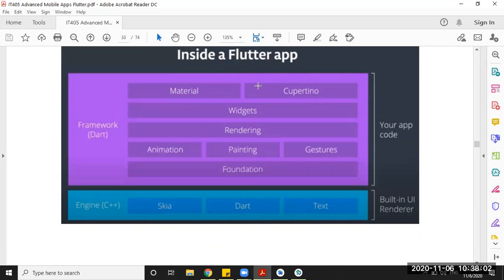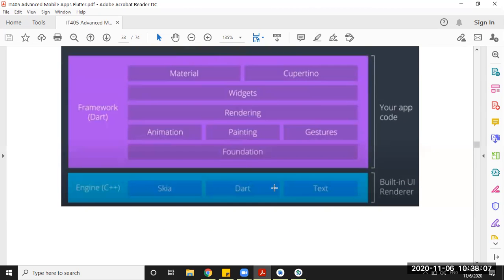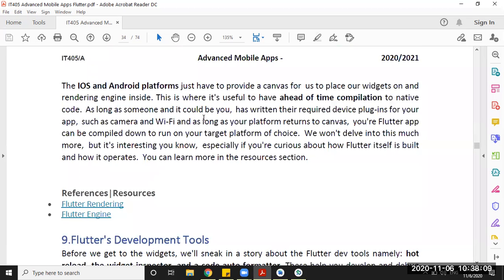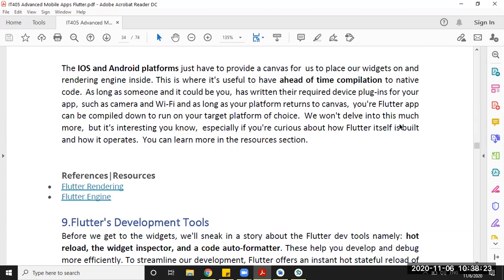So this is what is inside the Flutter application: your application code built in, and you are rendering. Now, for Android, I just have to provide a canvas for us to place our widgets on, and the rendering engine is inside. So all this information